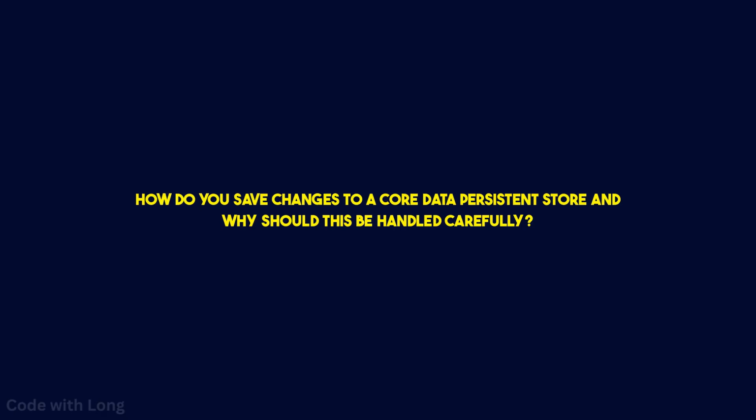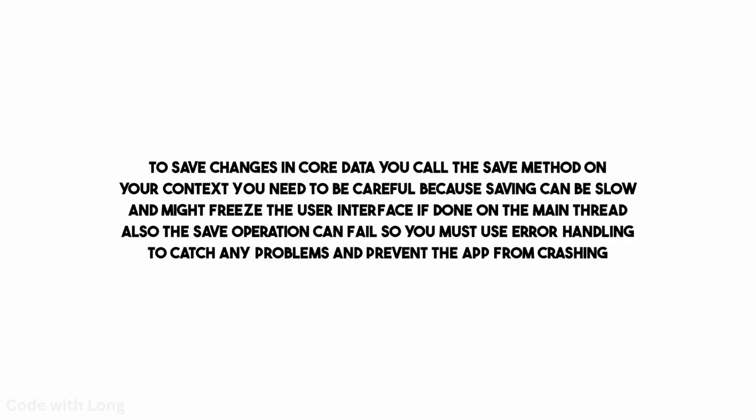How do you save changes to a Core Data persistent store, and why should this be handled carefully? To save changes in Core Data, you call the save method on your context. You need to be careful because saving can be slow and might freeze the user interface if done on the main thread. Also, the save operation can fail, so you must use error handling to catch any problems and prevent